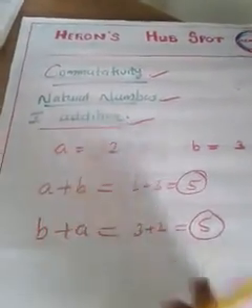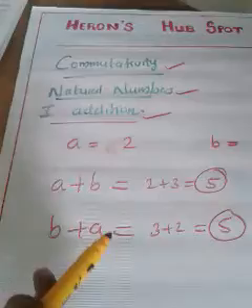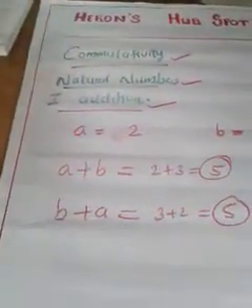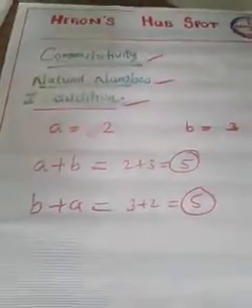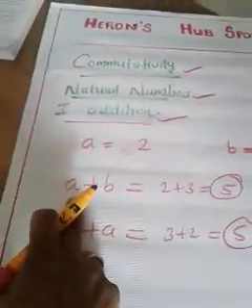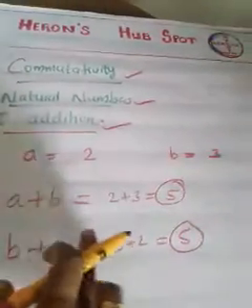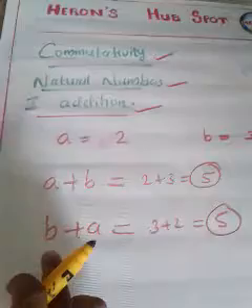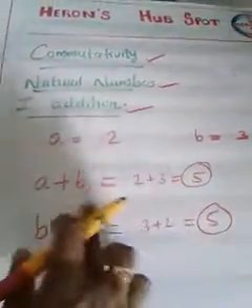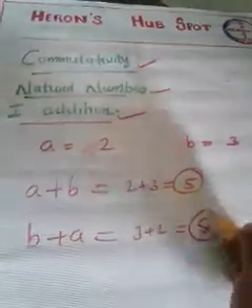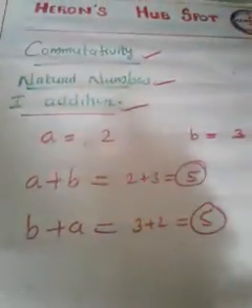So what we can say, compare A plus B, and I am repeating again and again. Why? Because I have to concentrate on each child in my class. Maybe some students may get bored, but still I have to explain again and again. So what we have to calculate is A plus B, and B plus A also we need. And if A plus B and B plus A both results are the same, then it is commutative.